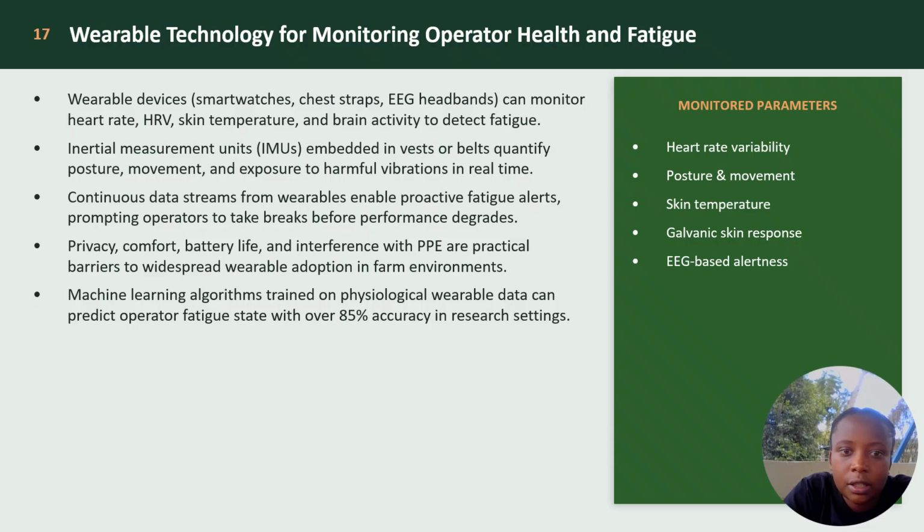Inertial measurement units, IMUs, embedded in vests or overalls, quantify posture, movement, and exposure to harmful vibration. In real time, continuous data streams from the wearable enable proactive fatigue alerts, prompting operators to take breaks before